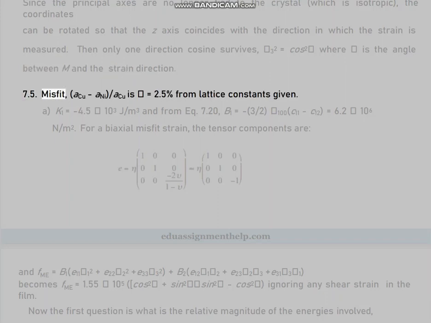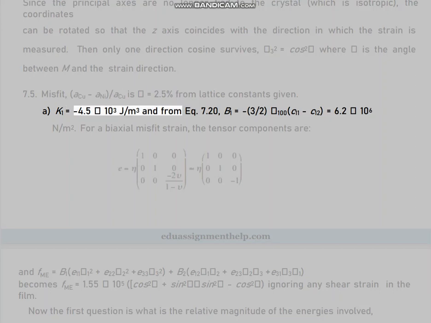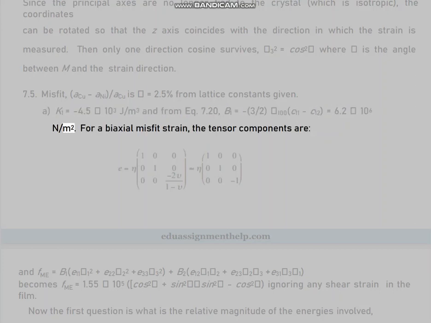7.5 Misfit, (aCu minus aNi)/aCu is equal to 2.5% from lattice constants given. A, K1 equals minus 4.5 × 10^3 J/m³ and from EQ 7.20, B1 equals minus 3/2 λ100 (C11 minus C12) equals 6.2 × 10^6 N/m². For a biaxial misfit strain, the tensor components are